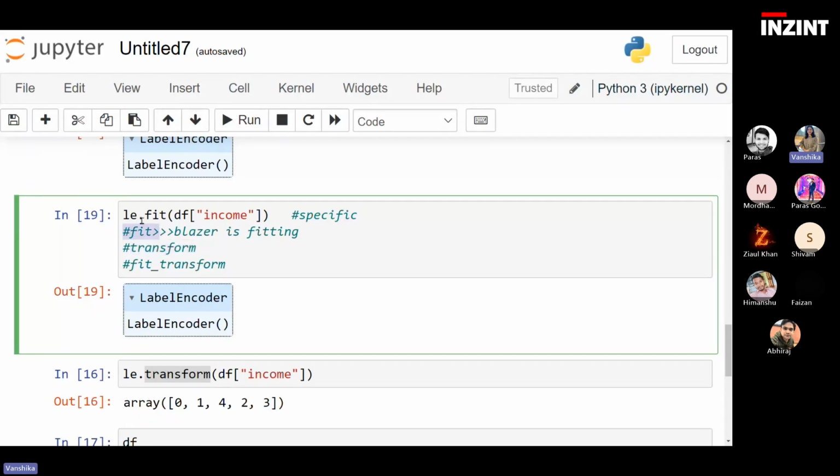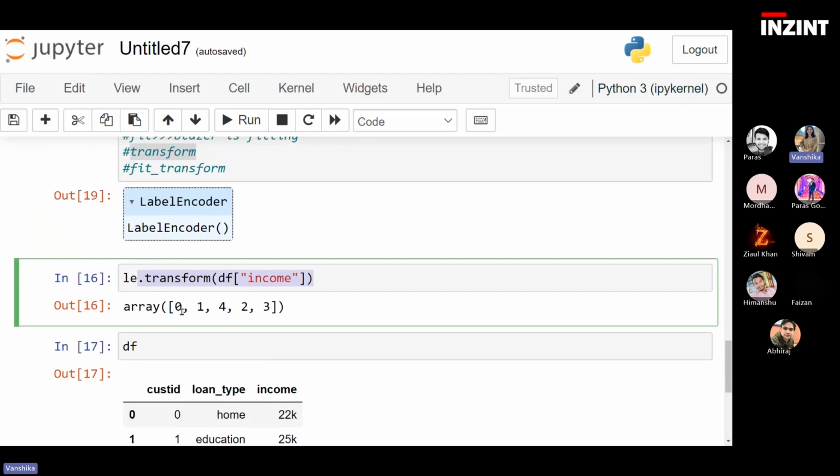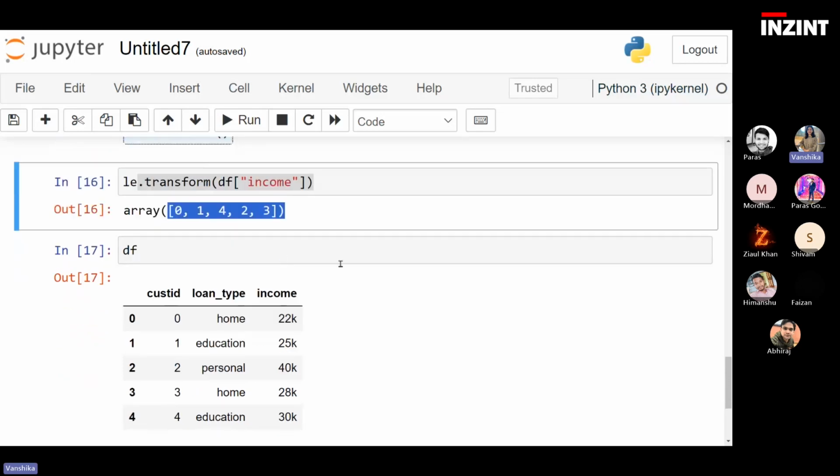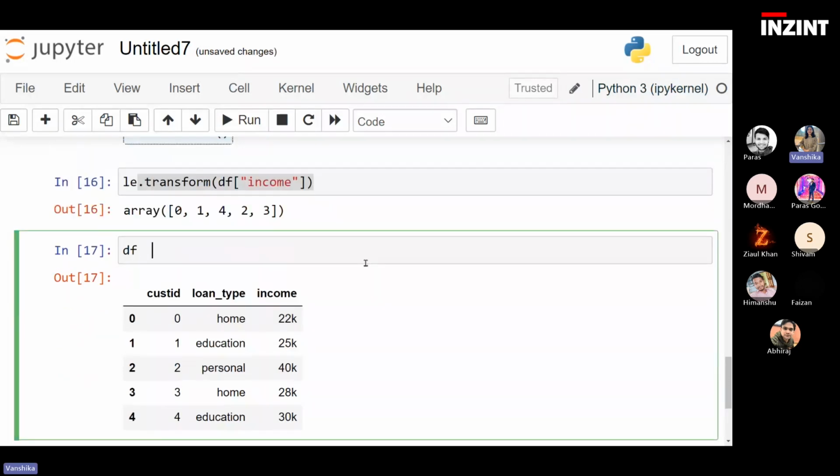Fit is going to create a fitted object for the data that you have, and then transform is going to transform the data. And now the data has been transformed into numerical values. But how can I read this data? How can I understand the way that it has transformed my data? So basically, label encoding